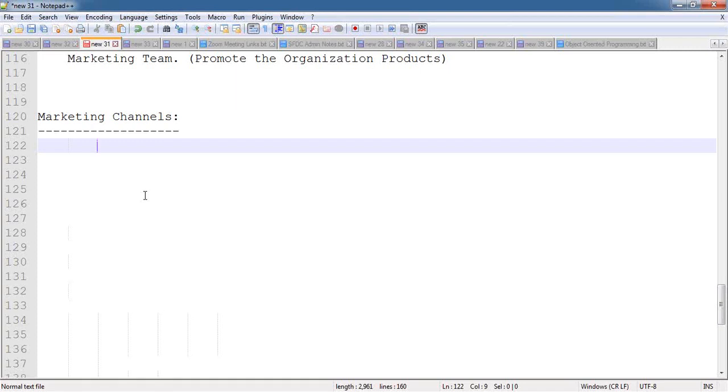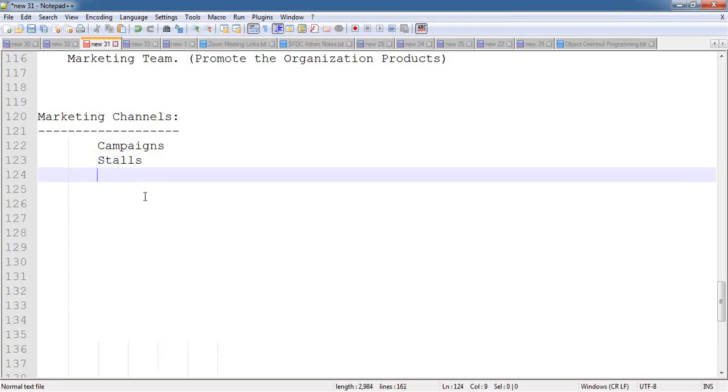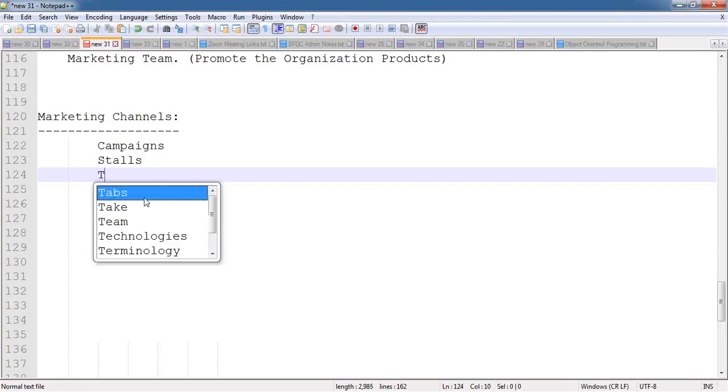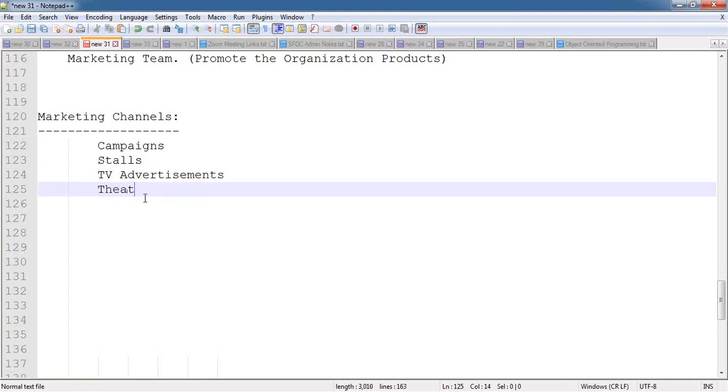In order to do the marketing, we have so many channels available. So what are those channels available to do the marketing here? We have so many ways available. For example, we can conduct some campaigns, we can conduct some stalls, we can go with some TV advertisements, we can go with theater advertisements,